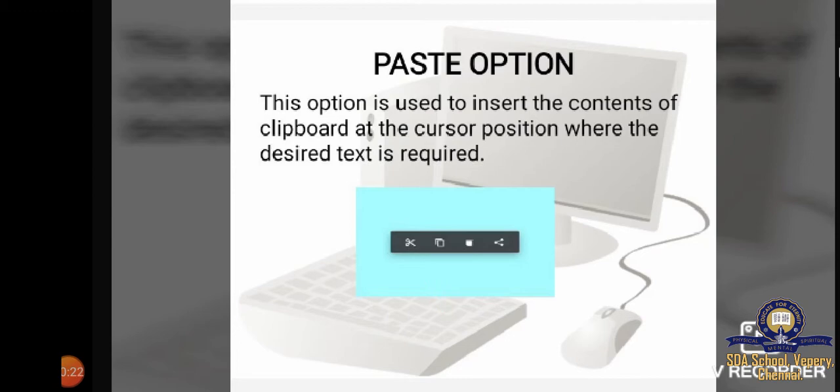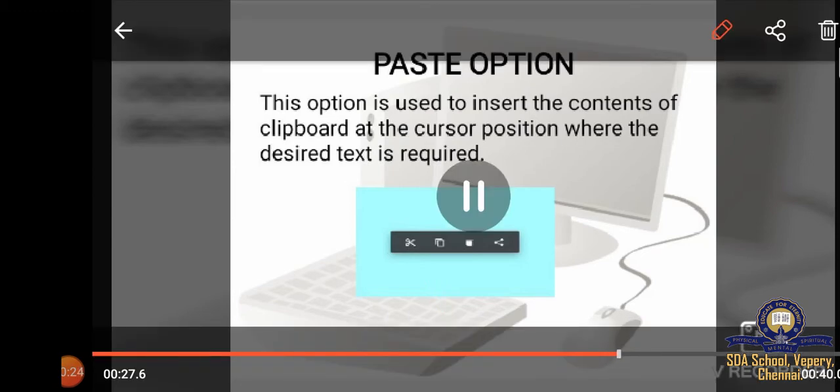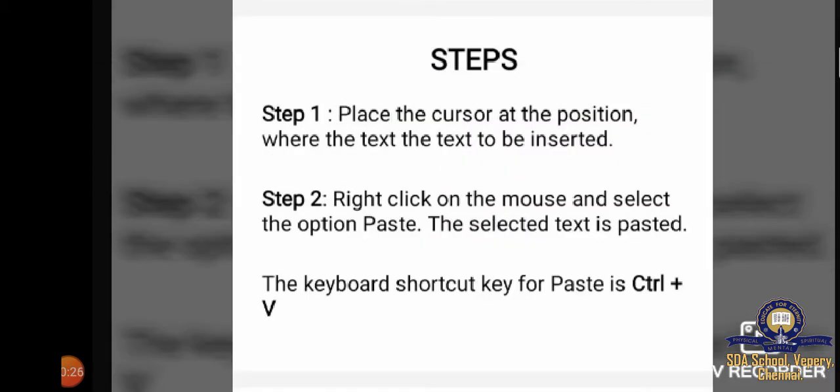We have two steps in this paste option. The first step is to place the cursor at the position where you want the text to be inserted. Step 2, right click on the mouse and select the option paste.